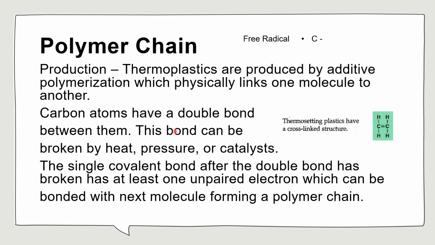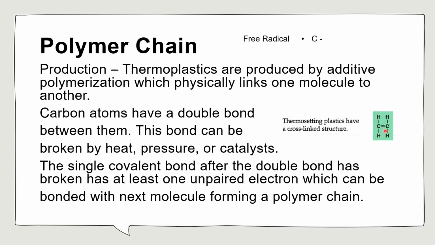Okay, so polymer chain production. So we go back to thermoplastic, right? Parts 1 and 2 are produced by using addition polymerization. Like I said, we add the monomers to each other and we link them physically into either a linear chain, a branched chain, or a network chain, right? Here is different. Here we're doing condensation polymerization.